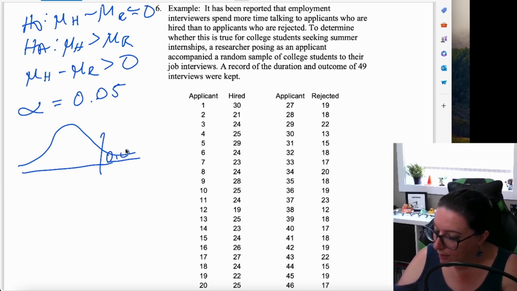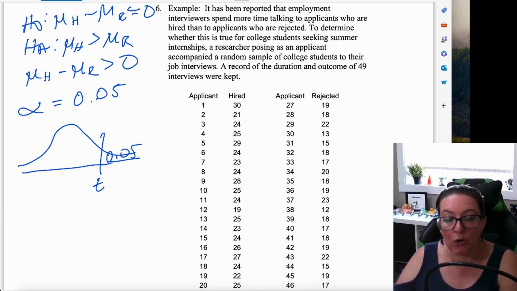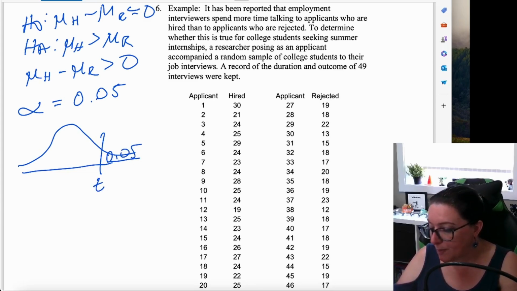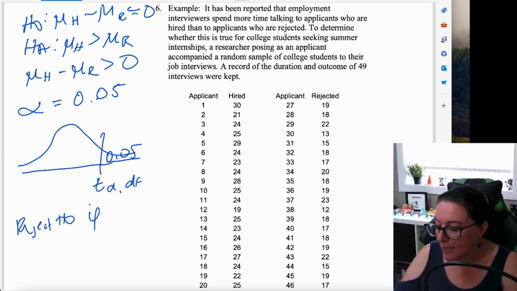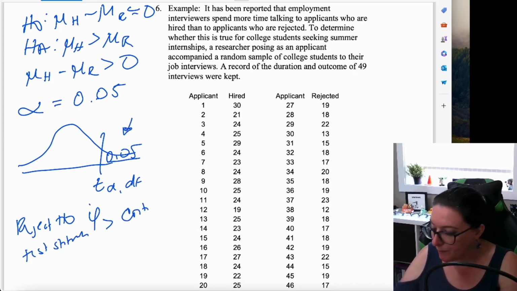So this area here is 0.05. This is going to be our critical value, which is going to depend on our alpha and our degrees of freedom. And we are going to reject the null hypothesis if our test statistic is greater than our critical value. So if it's up here,